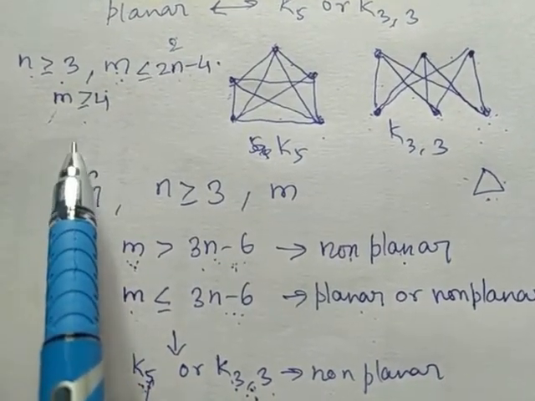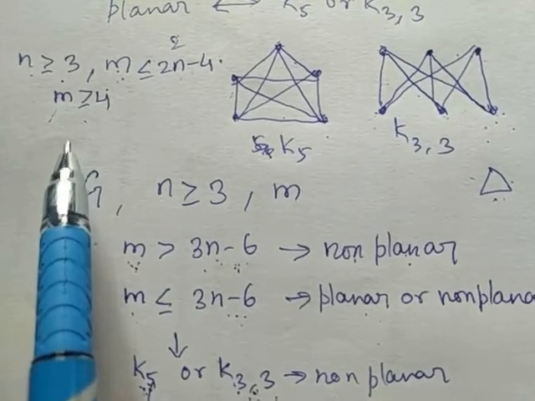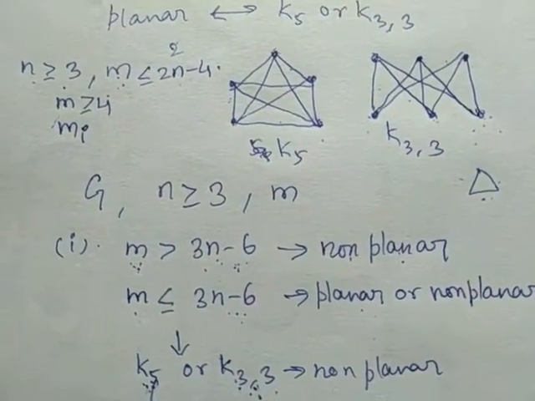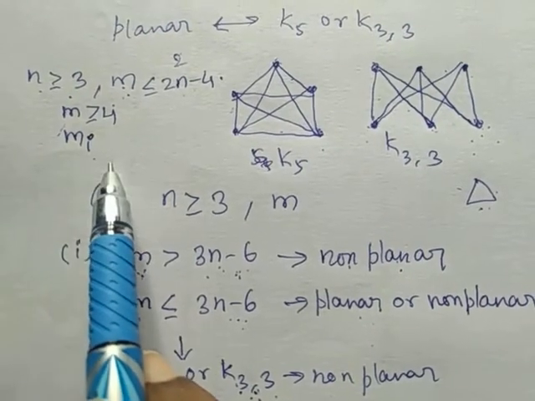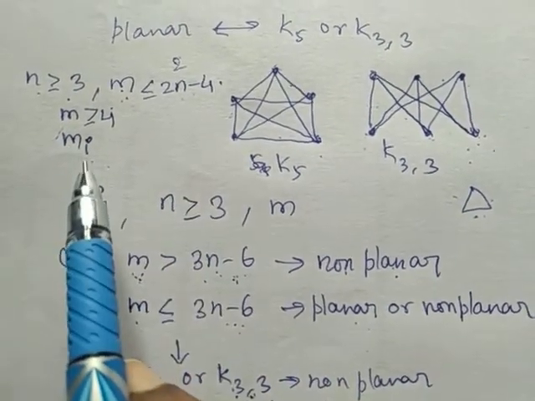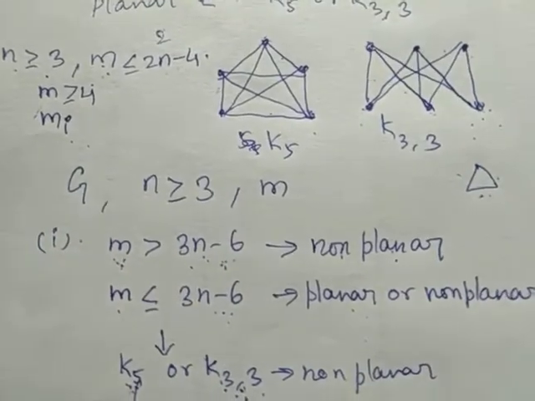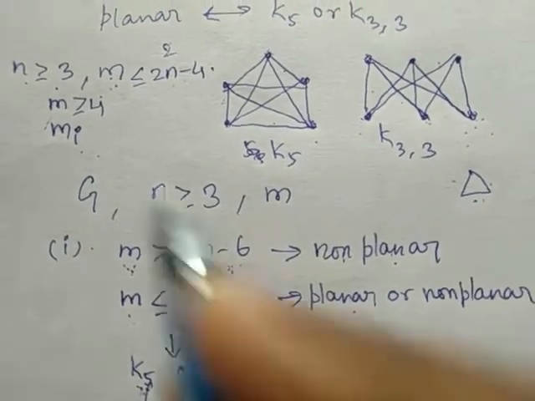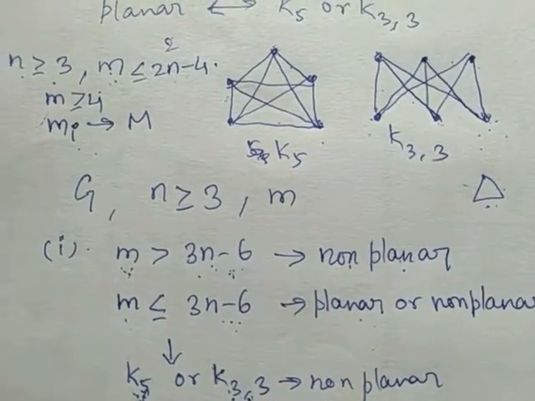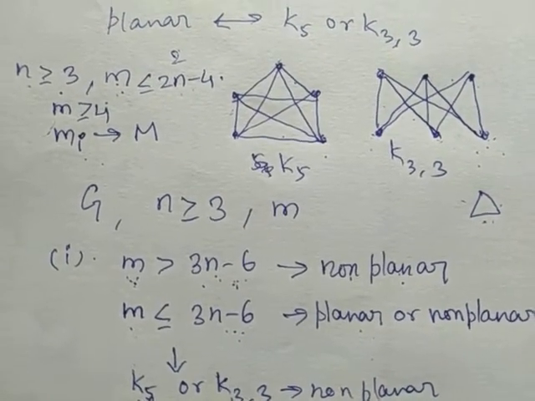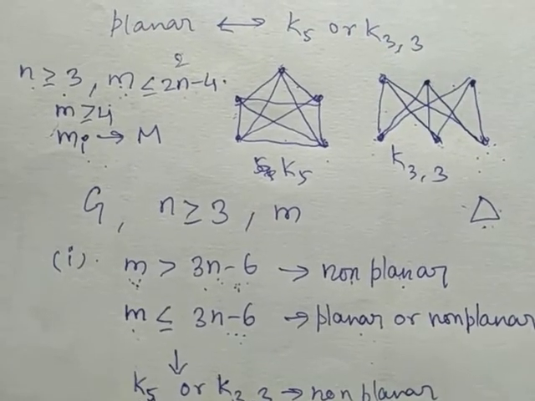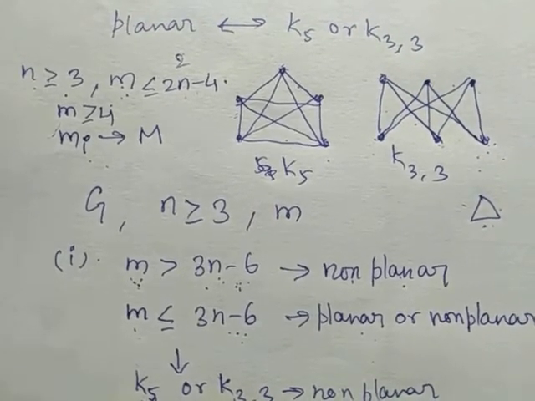So we draw a graph and denote the number of edges by mi. This mi is the boundary of each region. M1 is the number of edges in the first region, M2 is the number of edges in the second region, M3 is the number of edges in the third region, etc. So the total number of edges we are taking as M, each edge counted twice. Since G does not have a triangle, it will have at least 4 edges in each boundary. Therefore, mi should be greater than or equal to 4.